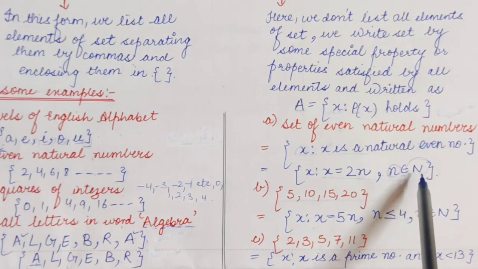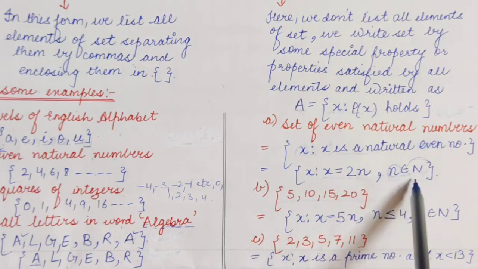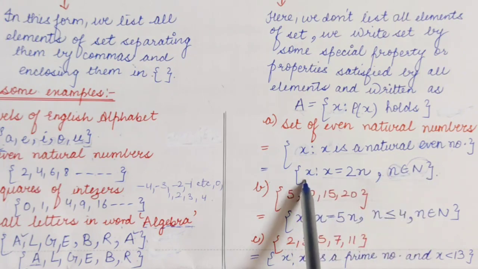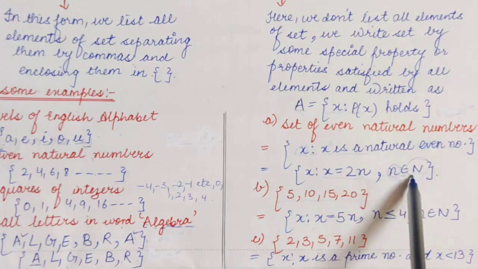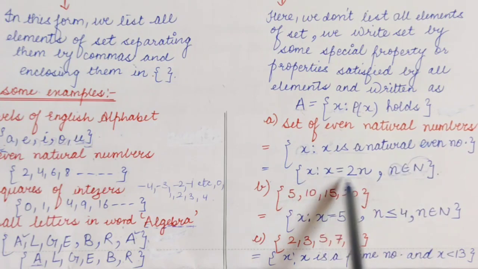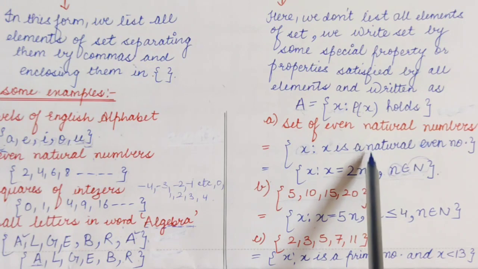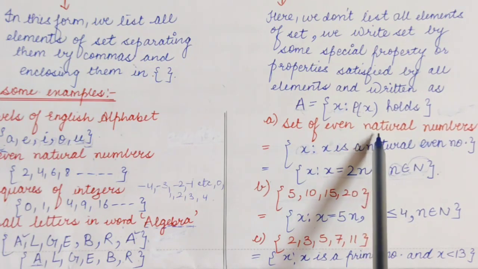So the first element in the natural numbers will be 1. That means 2 into 1, what will come here? 2. Next element is 2, so 2 into 2 is 4. It means all those elements which we want here will automatically come, and anyone can understand with the help of this property which elements are supposed to come here. Fine. Then these two answers of this particular question are correct.